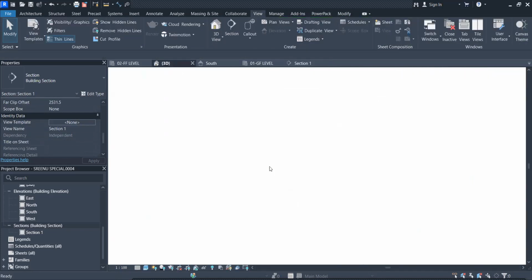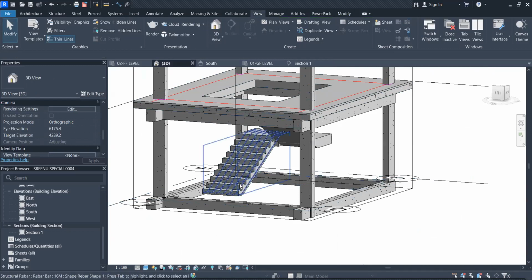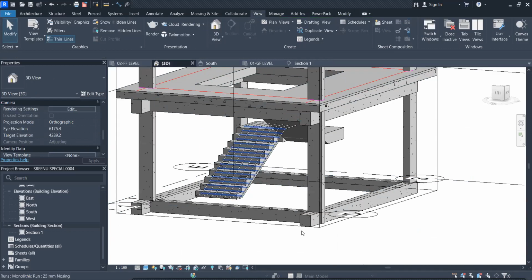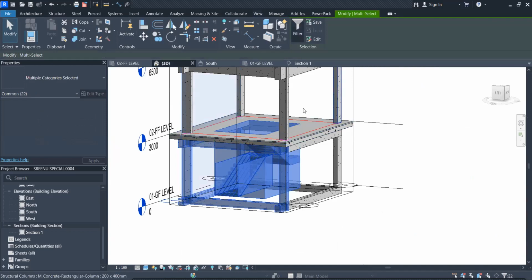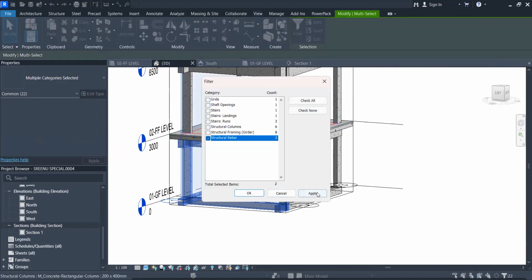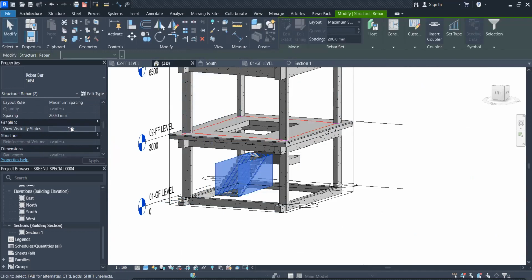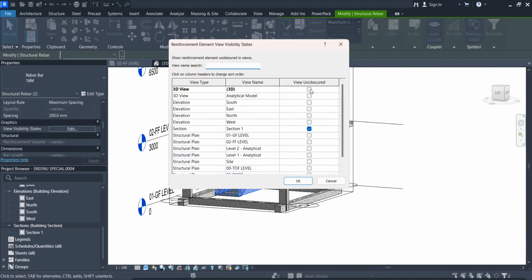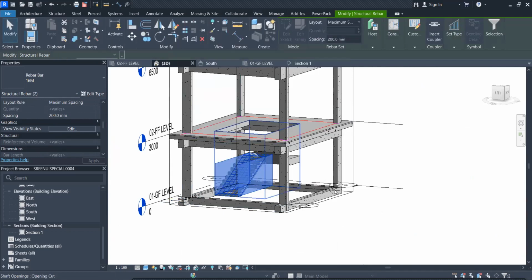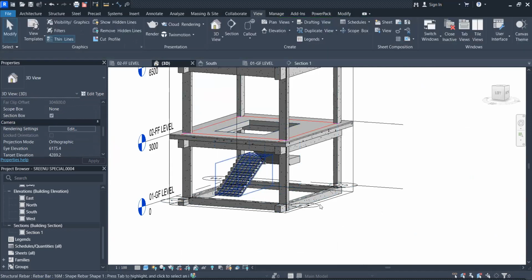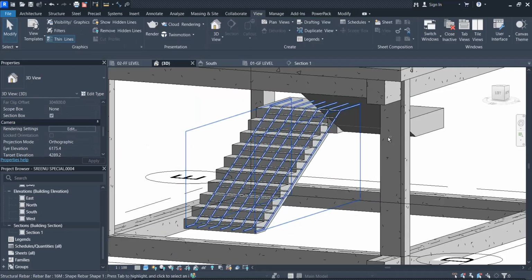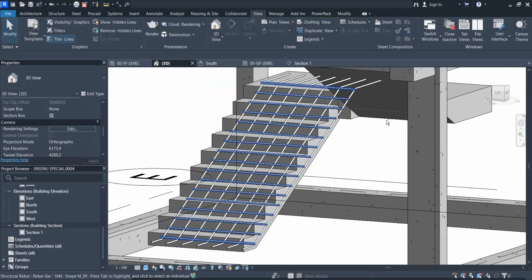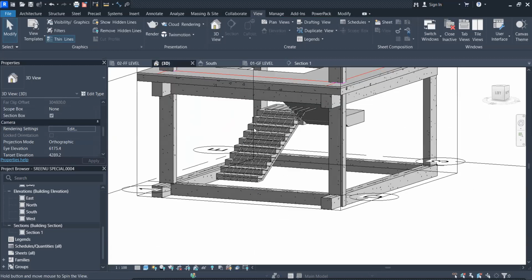I'll go to the 3D view. You are not going to see the other set because you have to assign it again, by going to filter, check none, structure rebar, apply, okay. Then I'll again go to visibility states, and in the 3D view, okay. Then we have all the bars, as you can see from here. So maybe we can end here unless you have questions, so that we are not cut in the middle of other things. So this is how you place